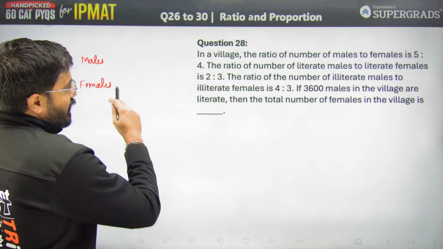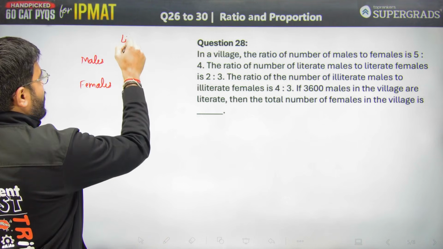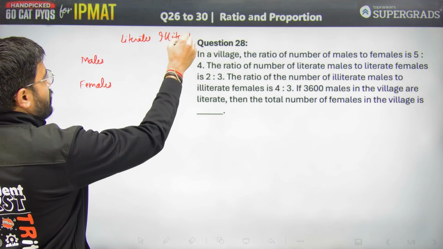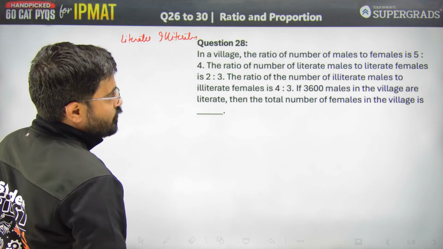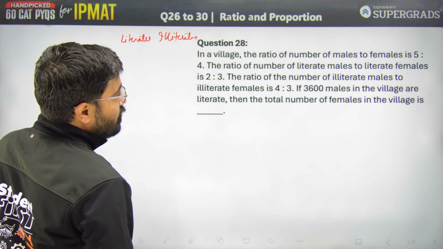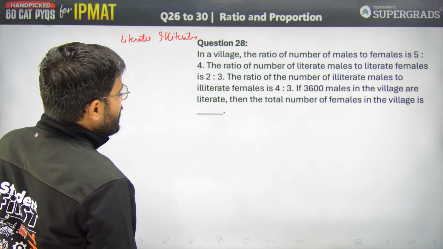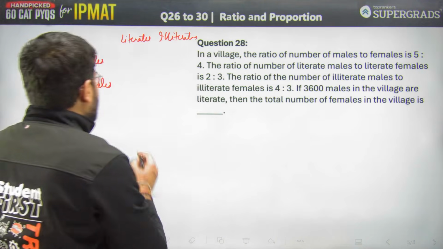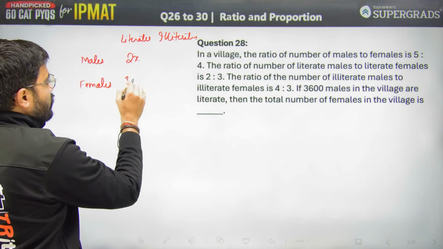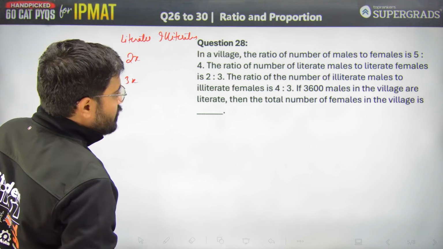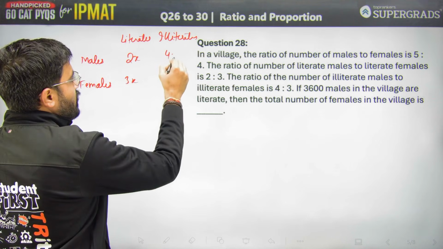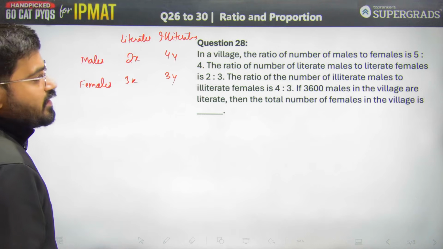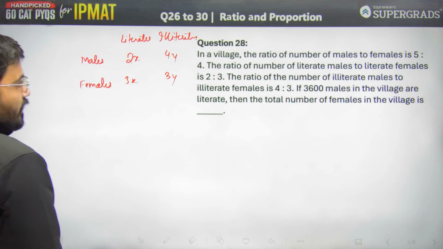So the ratio of the number of literates, so we have literates and we have illiterates. Now what they are saying, let's put all these things here. The ratio of the number of literate males to literate females is 2 is to 3. So literate males to literate females is given as 2x and 3x. The ratio of the number of illiterate males to illiterate females is 4 is to 3, so 4y, 3y. If 3600 males in the village are illiterate,